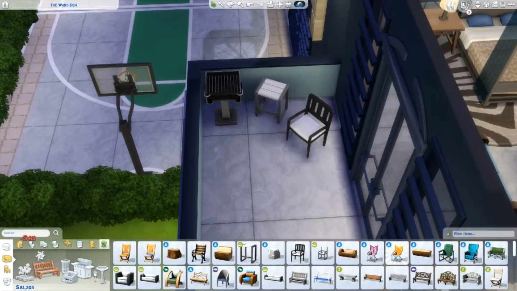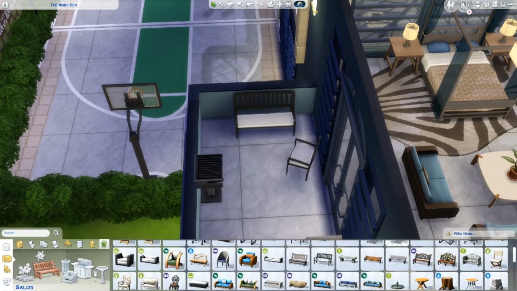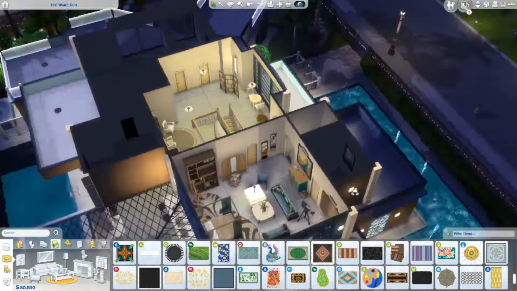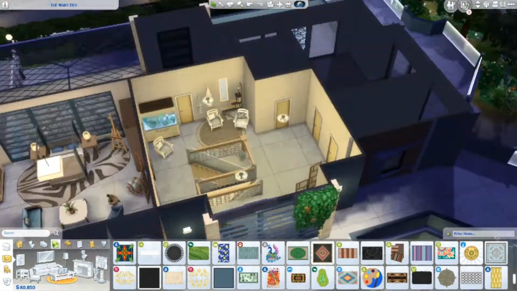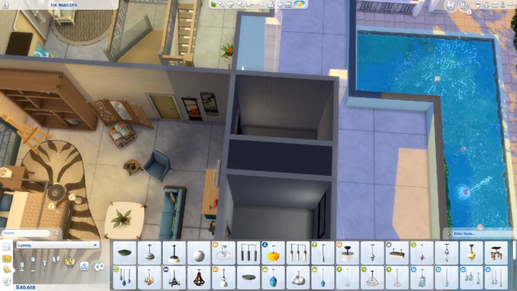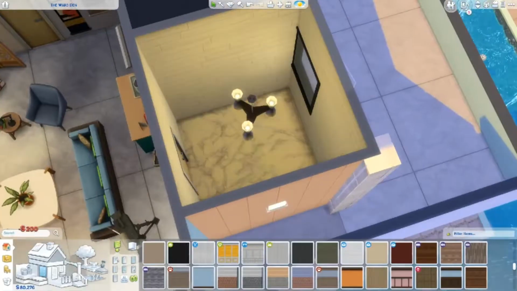But yeah, there are 2 balconies on the 2nd floor. Each balcony has a grill, and it's funny because the teenage girl's balcony, the daughter's, is way nicer than the parents' balcony. So it's pretty funny. But yeah, here I'm going back to the build, and this is when I realized